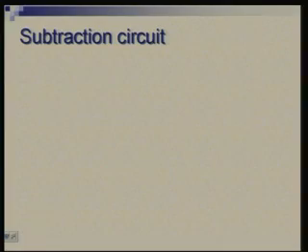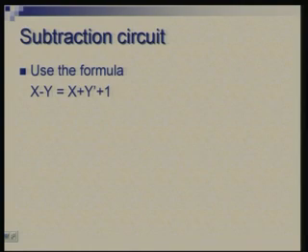Okay. Now we have seen how to build an adder. How do we build a subtractor? So basically we are going to use this formula, that x minus y can be represented as an addition of x and y's complement, and then you can add one more. Please note that x and y themselves could be signed numbers. This formula is not just for x and y as 2 positive integers. X could be positive or negative, y could be positive or negative. So this will hold.